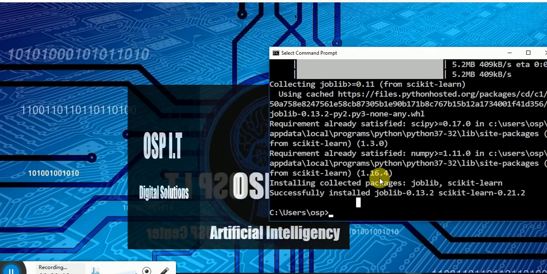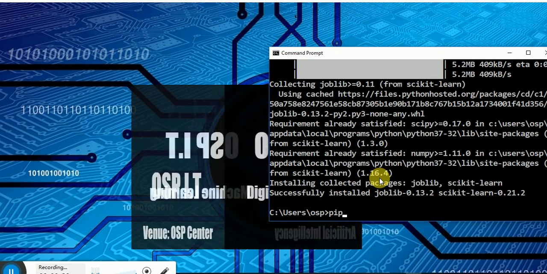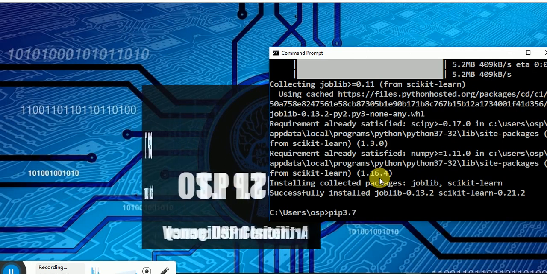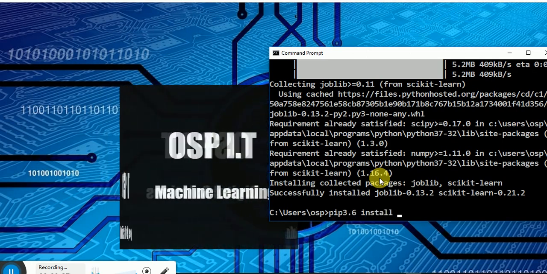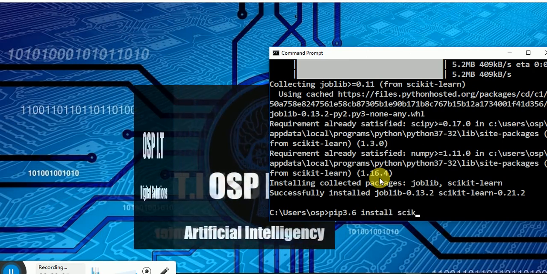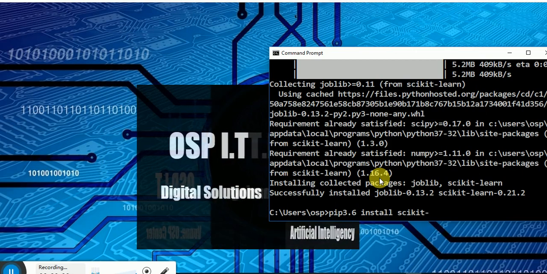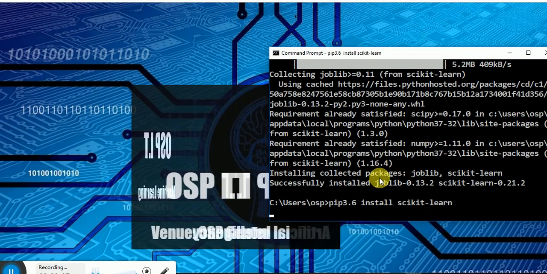I'm using Python 3.6, so I'm going to say Python 3.6.6 install for me Scikit-learn. This Scikit-learn, like I've said earlier, is the feature that we need at the moment.